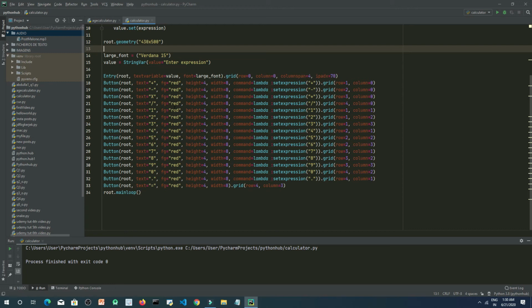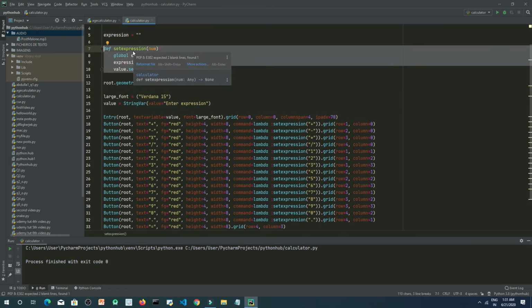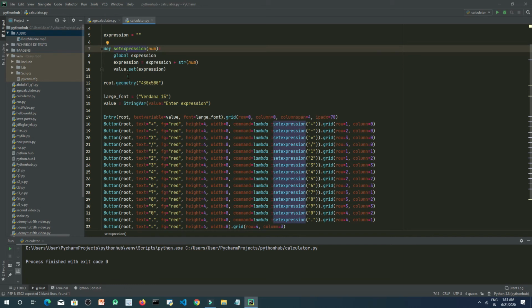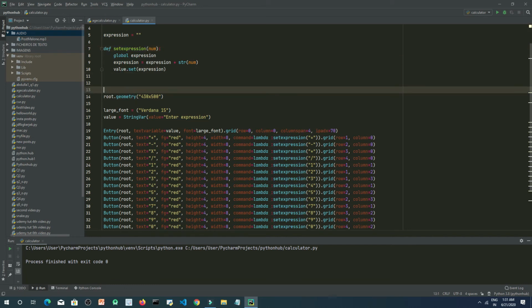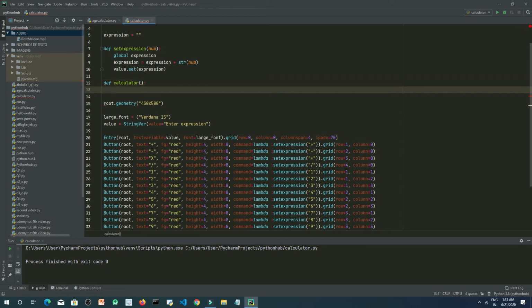So now we will create one more function for the calculation. This is just to show whatever we want to calculate, but to calculate we are creating one more function. So let's start with def, with the calculator name.